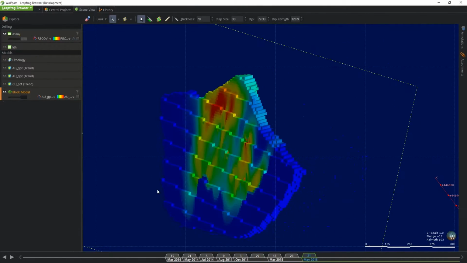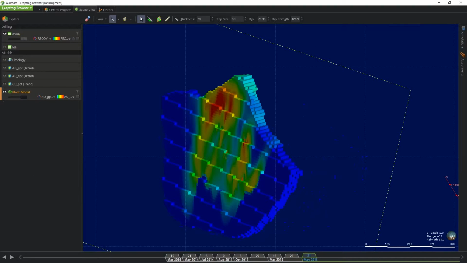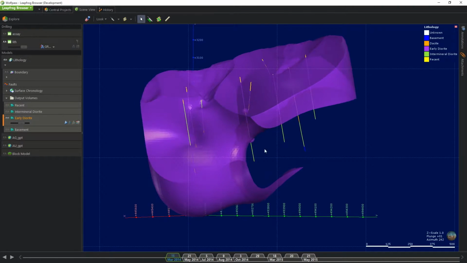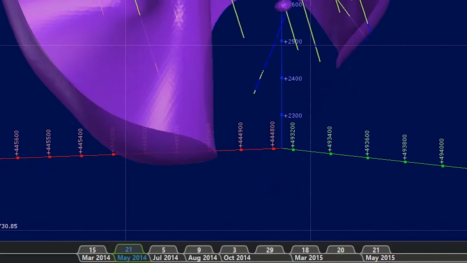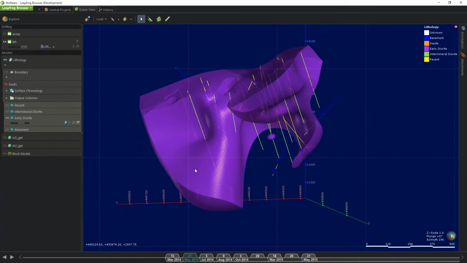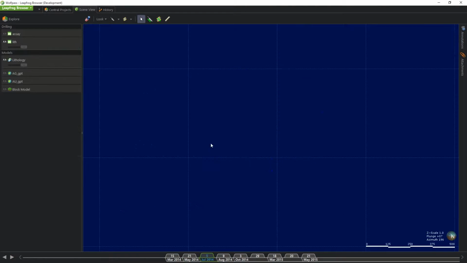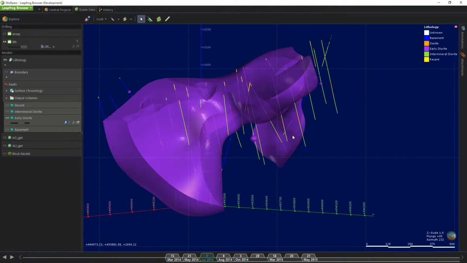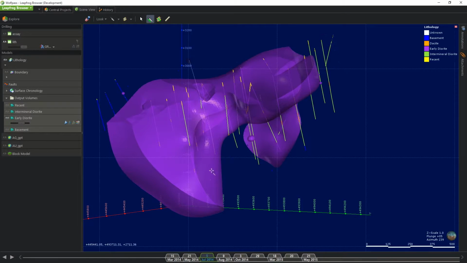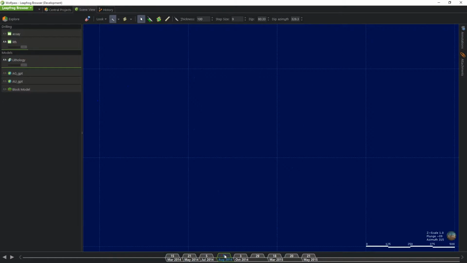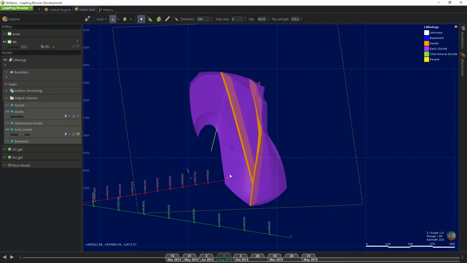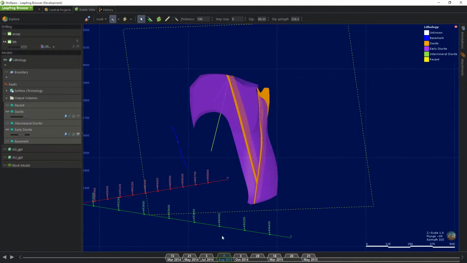But one of the principal innovations underlying Leapfrog Central is the manner in which it tracks individual models through time. Any model which is published into the system automatically develops a version history, which means that as the drilling program progresses or your geological interpretations change, the system tracks these changes and is able to show you them visually in the 3D scene.